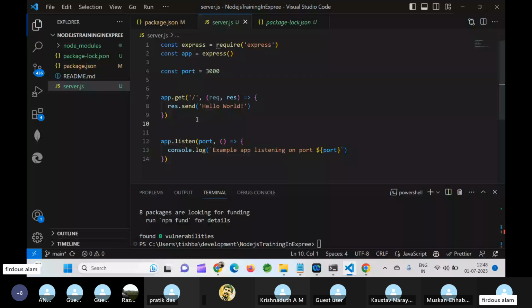Similarly, we have an API which will read only a JSON file. If anybody gives a text file, that will give an error, so in middleware we can add checks. For example, the request should be a JSON file, or we want requests to come from particular IPs only. All the settings and checks which we want done before going into your main routes are done through middleware.